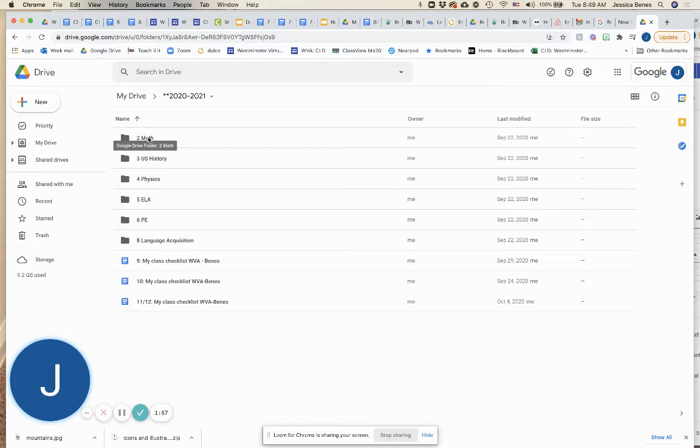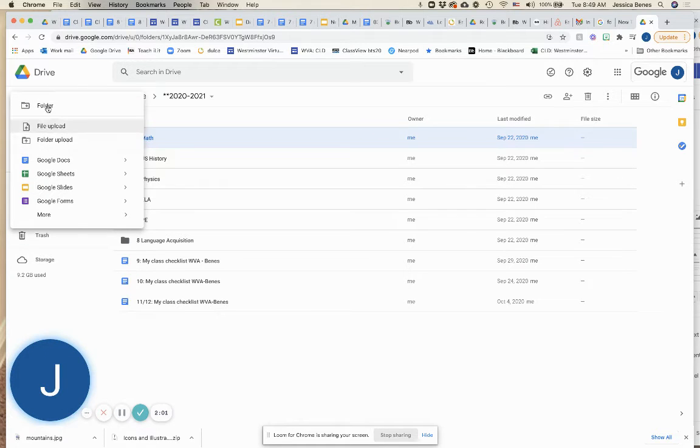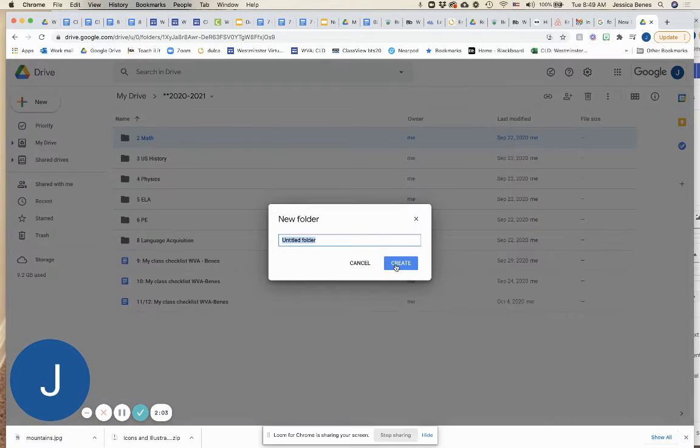So for this example, I started with number 2 as my first actual class. But what I would do is I would go through and I would make new folders for each of your classes. So whatever period number your class is, like 3, science, or physics, or language acquisition, whatever it is,